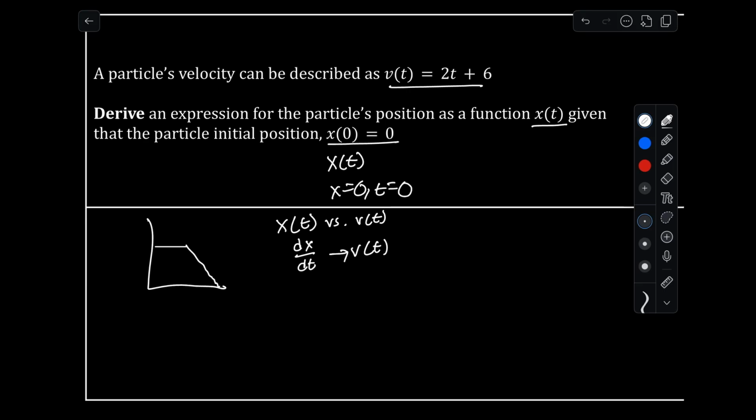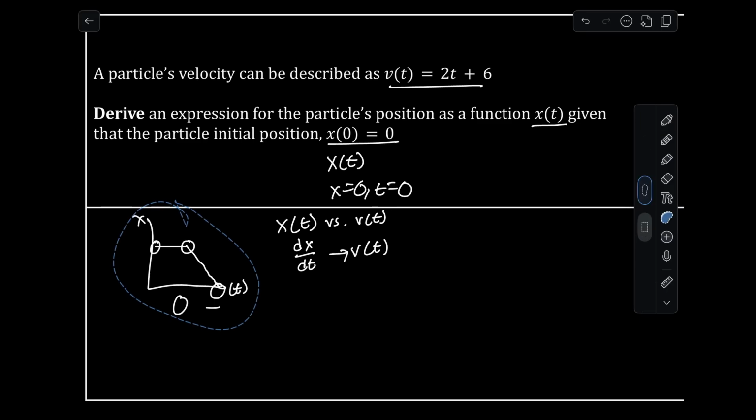In physics 1, you would see that you have your x as a function of time, and then you can figure out your velocity by taking the average rate of change of your position over certain intervals. So for example, from here to here, your velocity would be 0. But from here to here, your velocity would be negative. And what you can do, in fact, is you can extrapolate that into